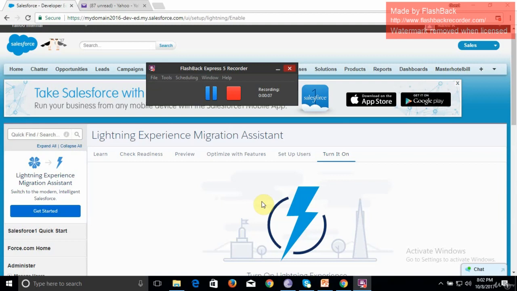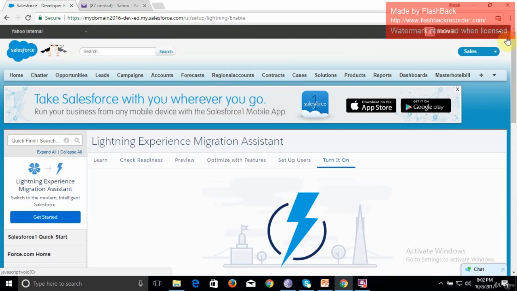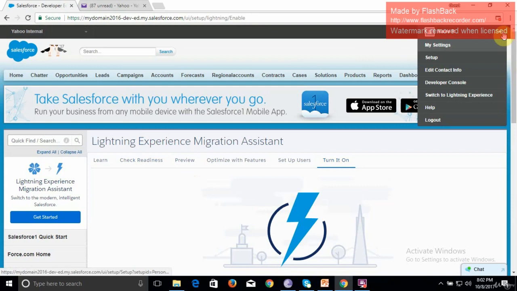Right? So we will be looking at the navigational features of Classic versus Lightning, but first we'll have to enable the Lightning experience. In my case, as you can see on the screen, it's already enabled. But in your case, what you need to do is click on your name in your developer org,